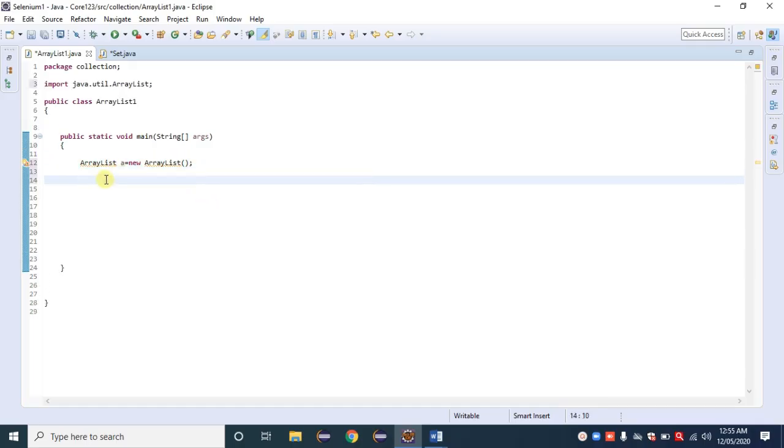Then how do we add or initialize that array list?